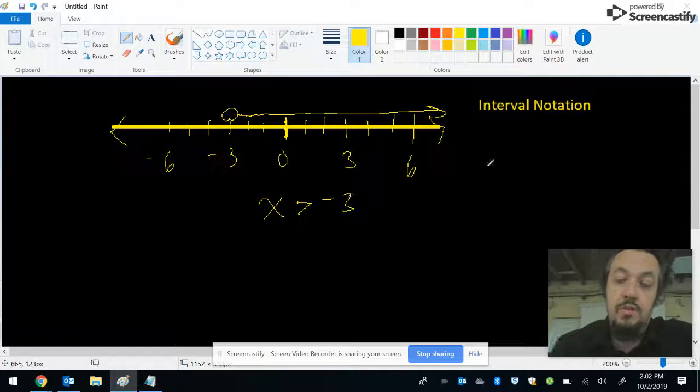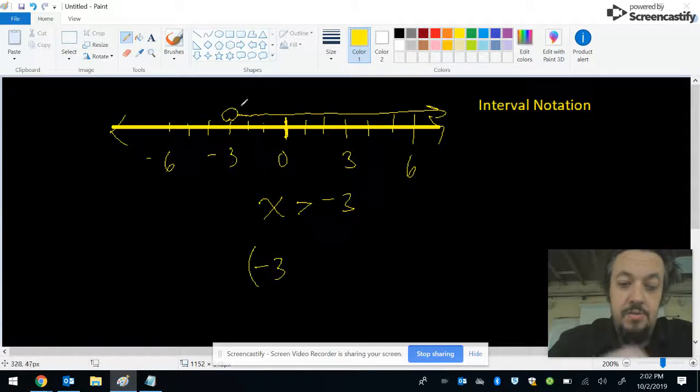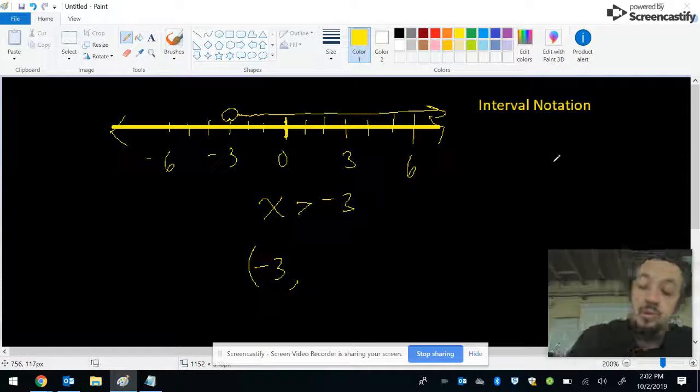So when I do interval notation, I'm accustomed to starting with the lower boundary point. And of course, this time it's going to be a parenthesis because it's open. But the question is, what do I put over here to indicate that I don't have an upper bound? In this case, what we say is that any value greater than -3, all the way up to infinity